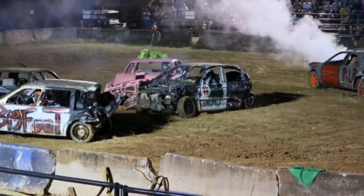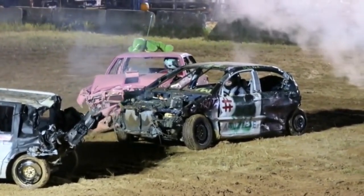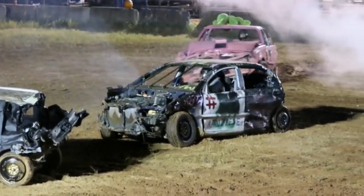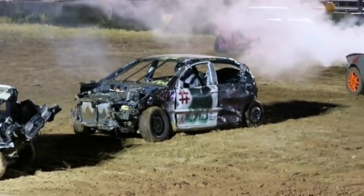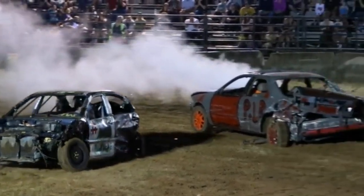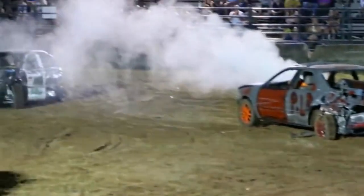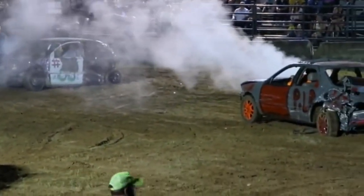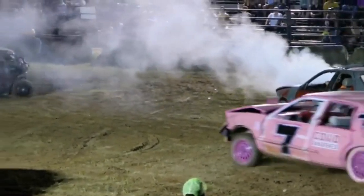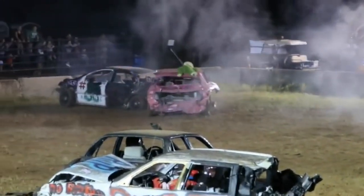Oh, as he lays it on once again, the number 88 Jeremy Cottrell car. I think that'll just about do it. We gotta wait for our official call. We're gonna review the action here tonight to make sure that's happening. Yes. That's time to change the color. Number 7 is once again